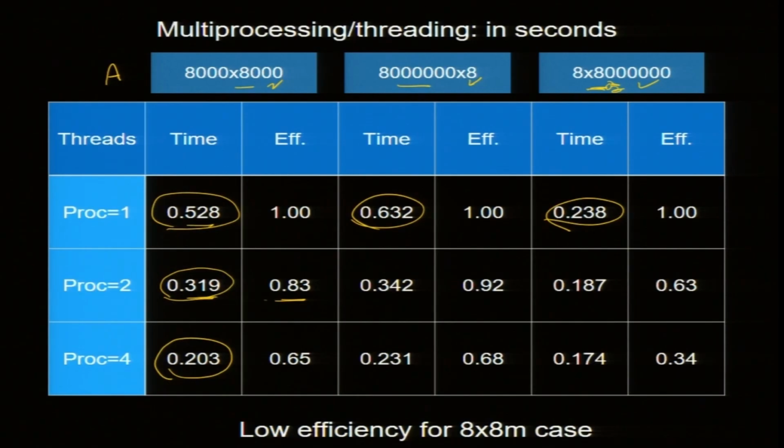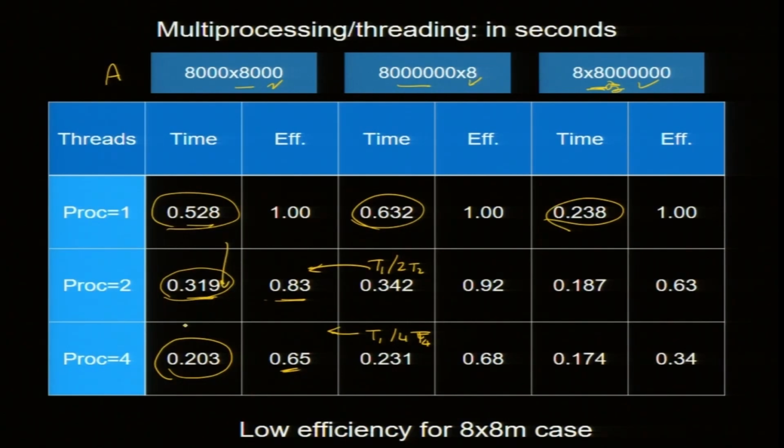We discussed the thing T1 divided by T2 divided by 2, well this one is T1 divided by 2 T2, this is T1 divided by 4 T4. If it is perfect scaling, then it should be 1. No, this one, I am sorry, this is this one. But 6.65 is not good, but okay, not bad. There is some speedup here.